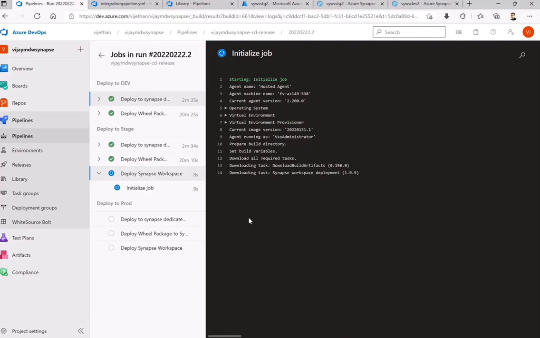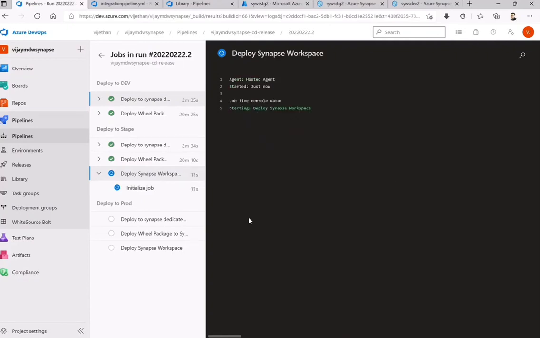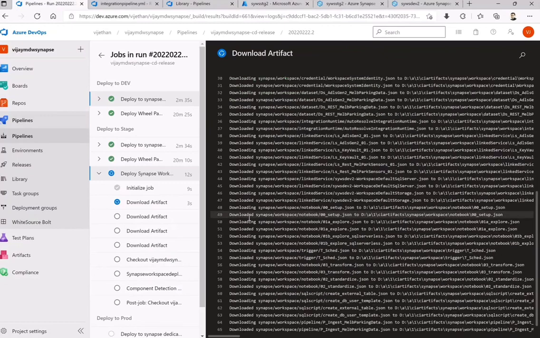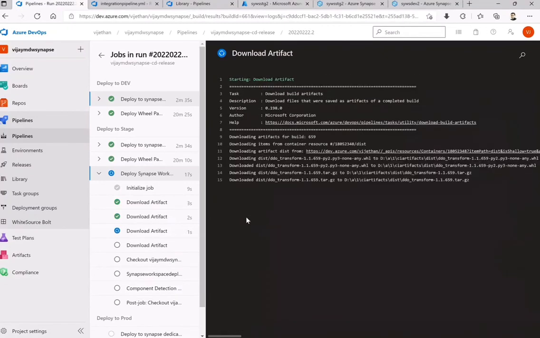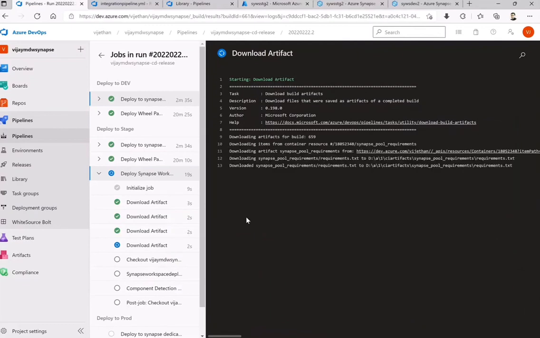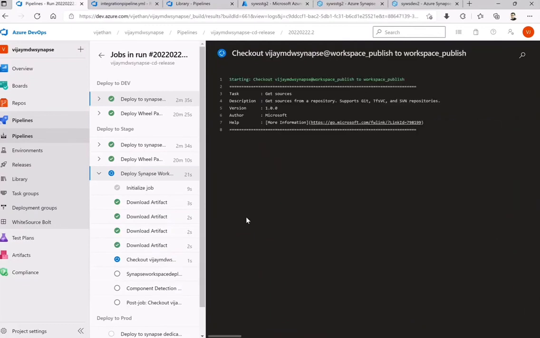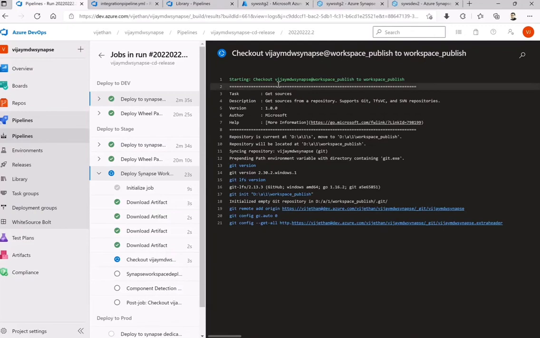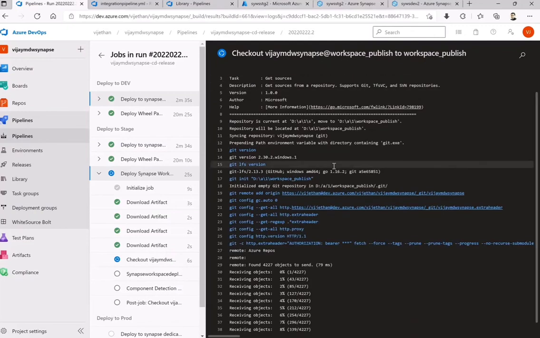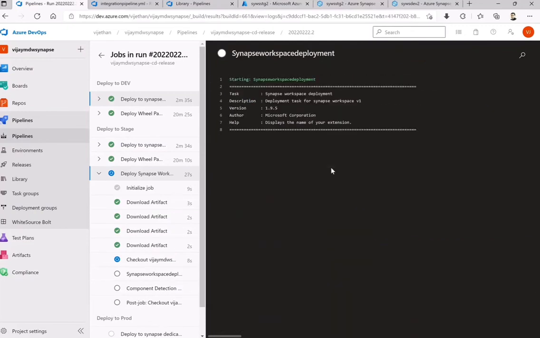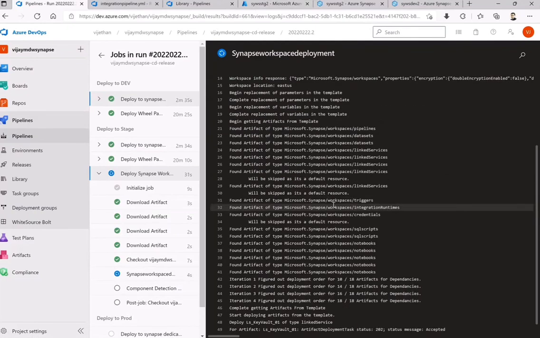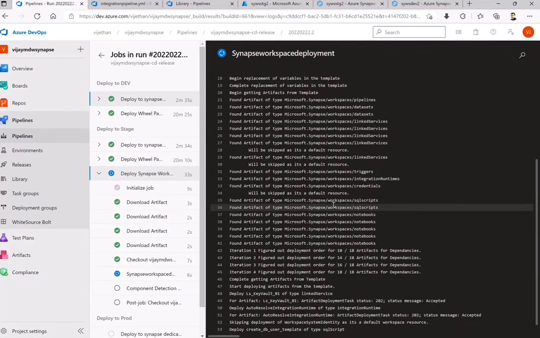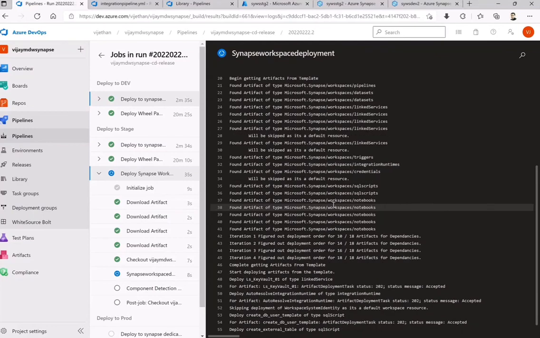So it will try to download all the artifacts, whatever we had, and also provide the workspace publish branch so that workspace ARM templates can be deployed. This is what we are doing with the help of checkout of that particular branch. If everything goes fine, it should be able to fetch those respective details.